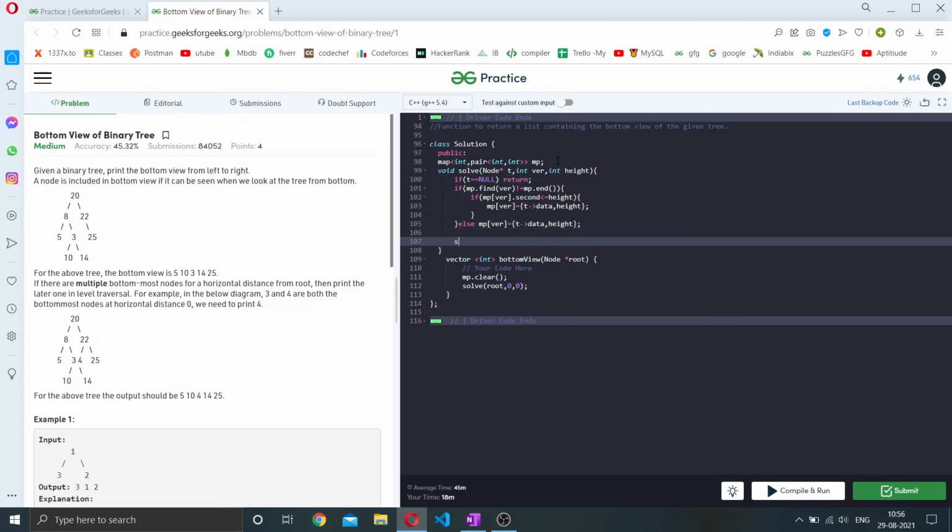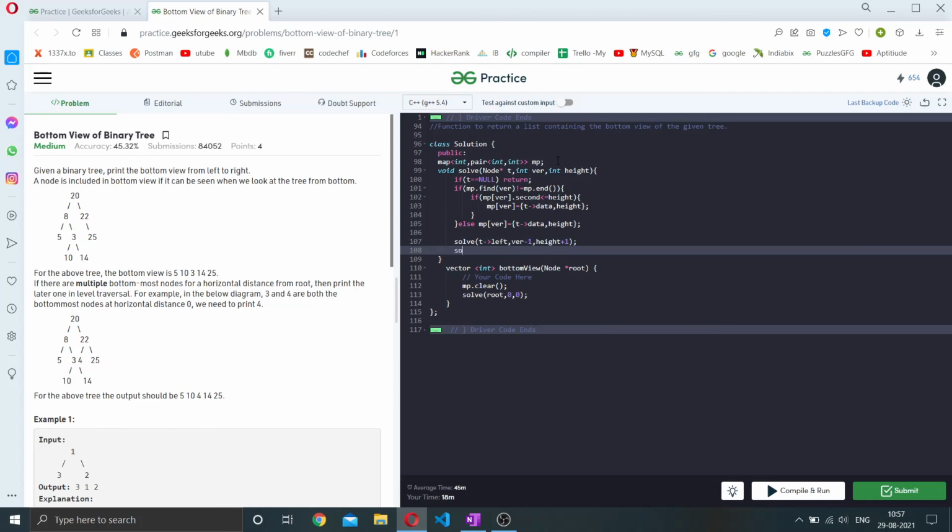Now we call the solve function. If we are calling for t of left, our vertical will decrease by 1 and our height will always increment by 1. In the same way, if we are calling our function for right, then our vertical will increase by 1 and our height will always increase by 1.